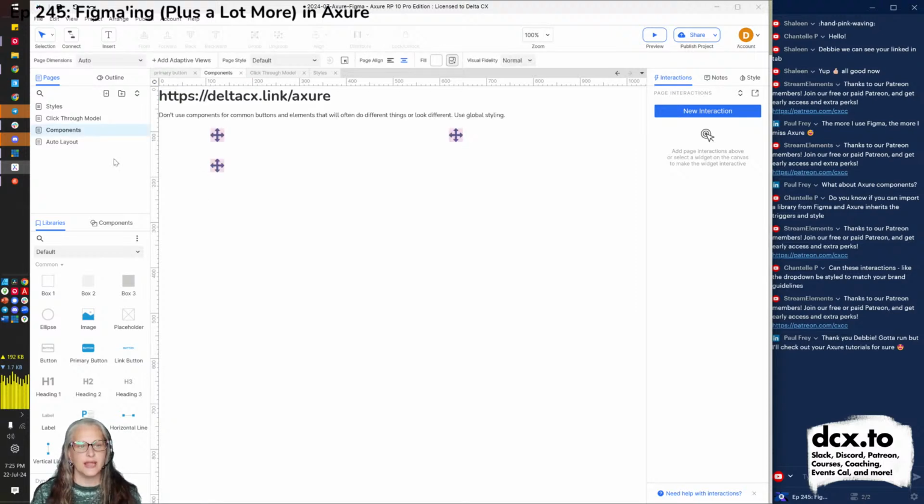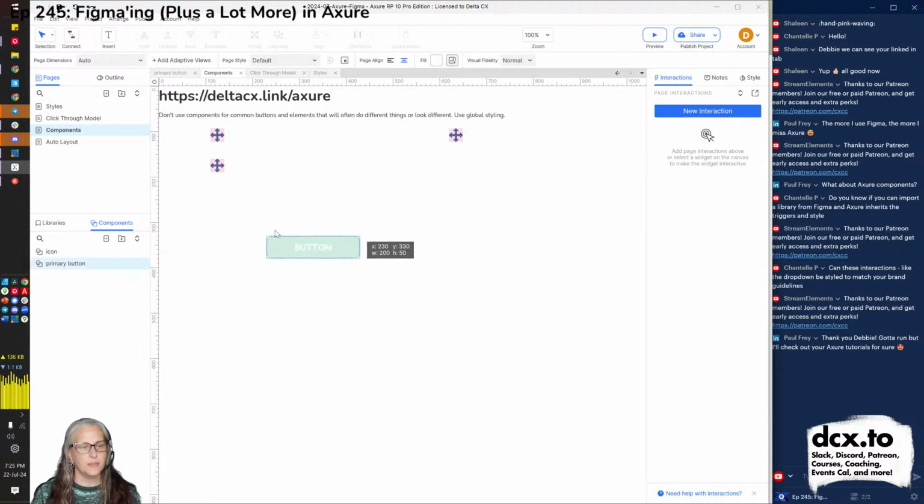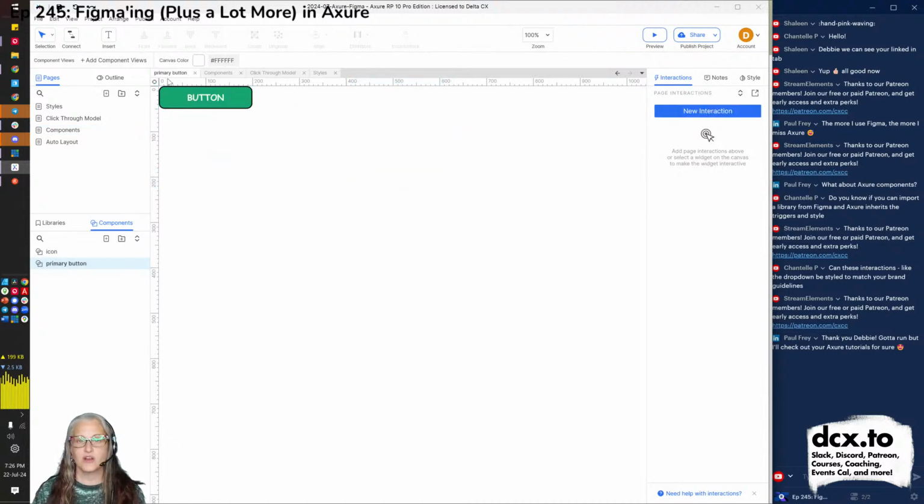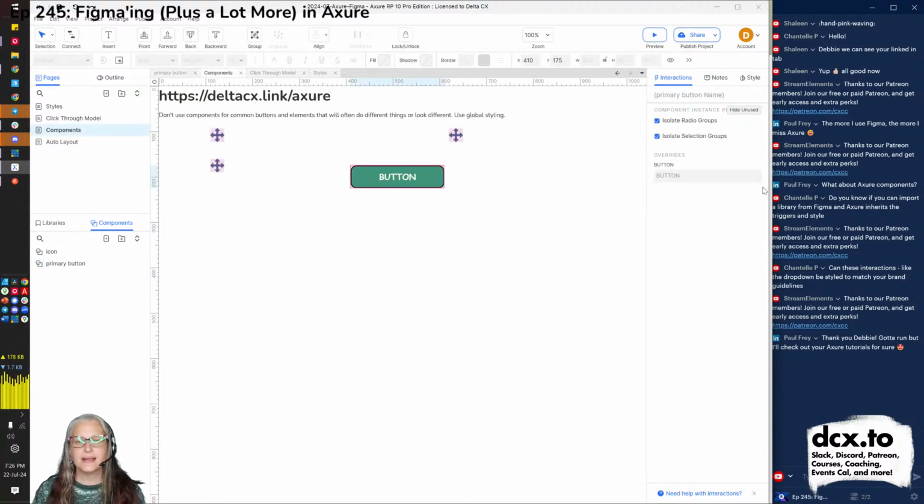And that way, if we had a page, we could say, okay, we're going to need a button here. So why is this difficult and not recommended? First of all, how do you change the text on this? Now, Axure does have a component text override, but it's not like Figma where you just start clicking on it and you can type anything you want. If I start clicking on this, Axure thinks I want to go back and edit the component. So if I go back here, I can override the text over here.